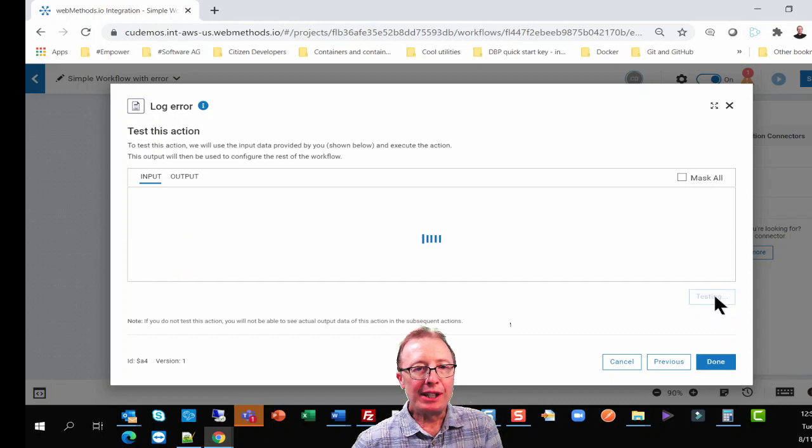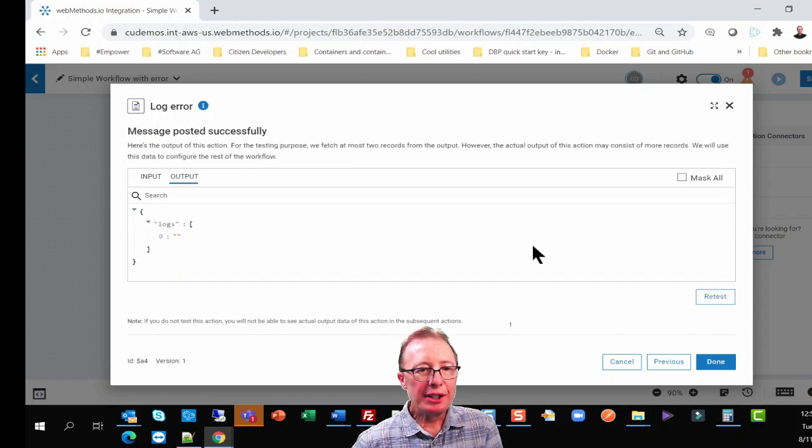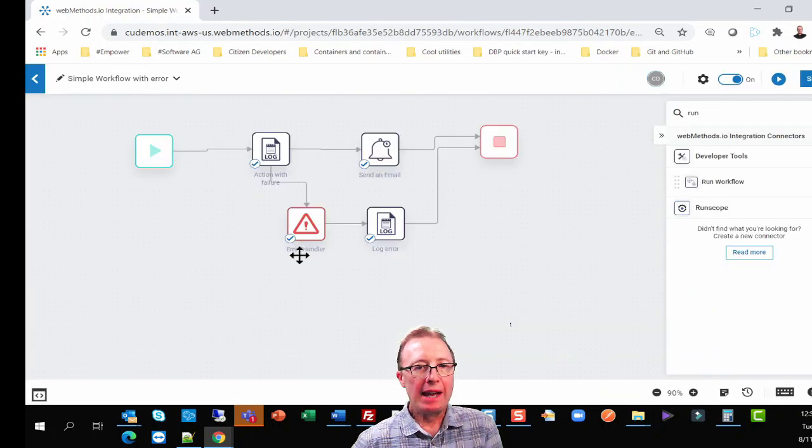Now I could do test. Now at this point, because the previous step hasn't thrown an exception yet during my testing, I don't see anything here, right? The input test. So it's not a big deal. I just say done. And now if this step fails, it's going to transition here. And then, yeah, you want to do something, right? So you could add any other logic you want. You may want to just code your error handler in here,